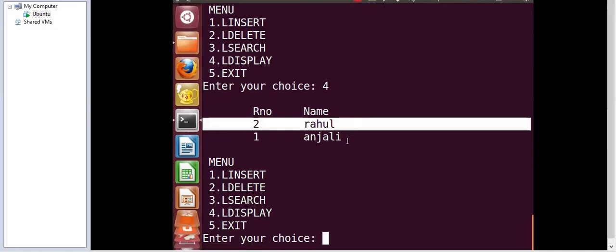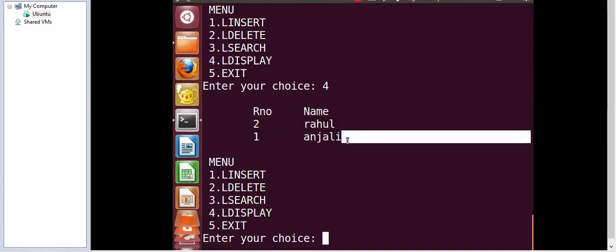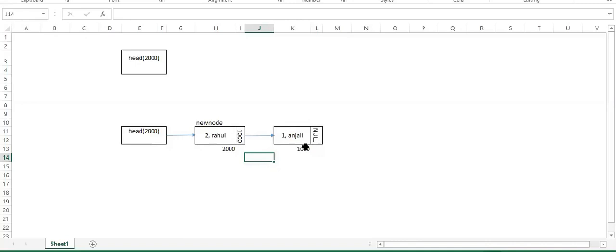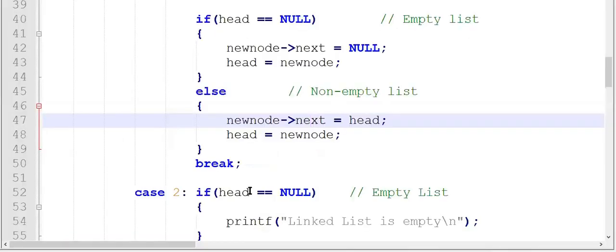And the first name and roll number that was inserted is being displayed at the last part. So whatever is inserted last here is going to be displayed first. So that is what we did diagrammatically here. I hope you have understood this insertion operation. Now let us look at the display function.